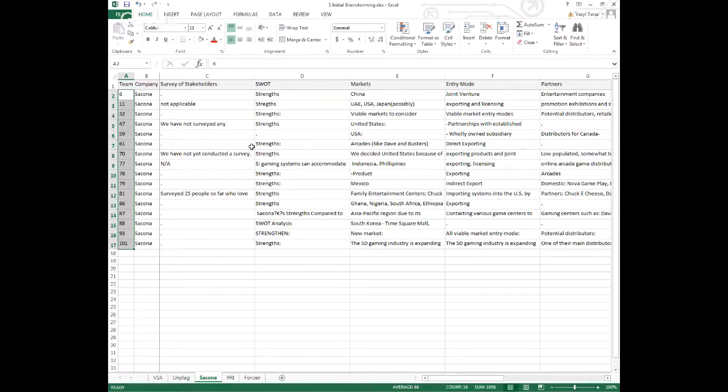The teams were asked to look at all of the questions and literally brainstorm them, not go into any details, but simply give their initial general ideas. For example, if the question is, what would be the weaknesses of the company? Just brainstorm it and write whatever comes to mind first. Or, what is the best, most promising market? Just give us your ideas. So the answers so far are very short, in most cases just a few words or maybe a couple of sentences.